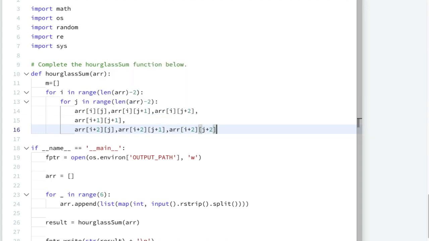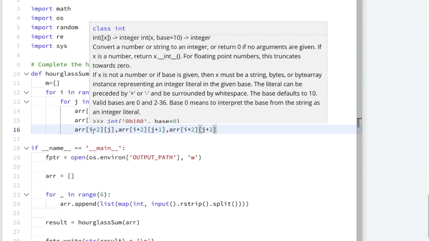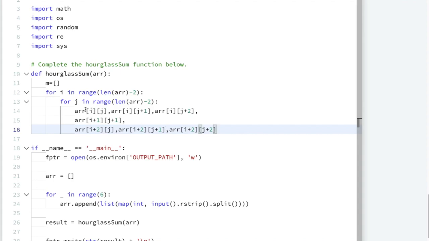So now we are done with the A, B, C, D, E, F and G value.